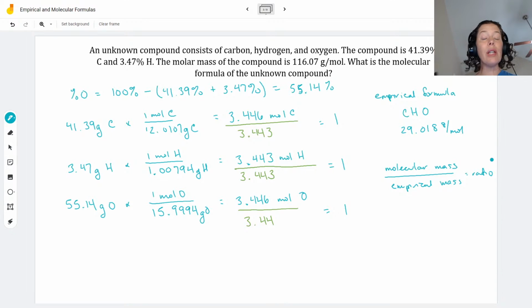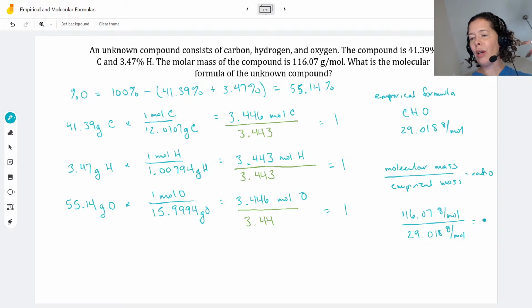Again, I'm looking for a whole number here. So my molar mass for my molecular formula is, of course, given to me. That's 116.07 grams per mole. And I just calculated the molar mass for the empirical formula, and that is 29.018 grams per mole. And this gives me a whole number of about 4. It's actually like 3.99, but again, we're looking for whole numbers. So my ratio is 4, which means my original